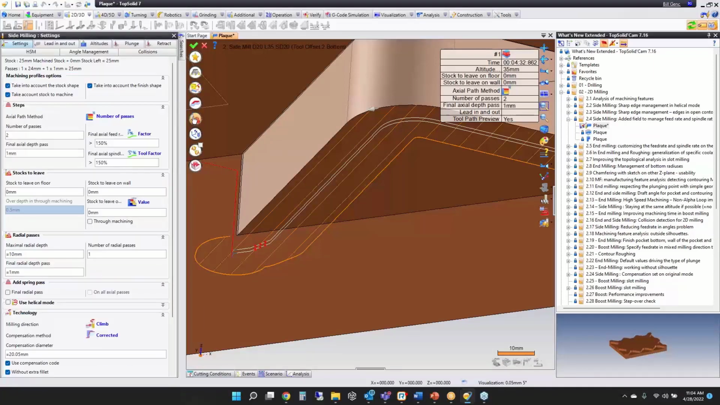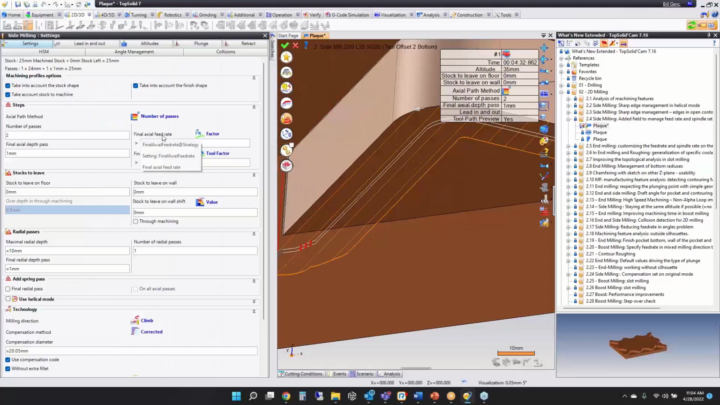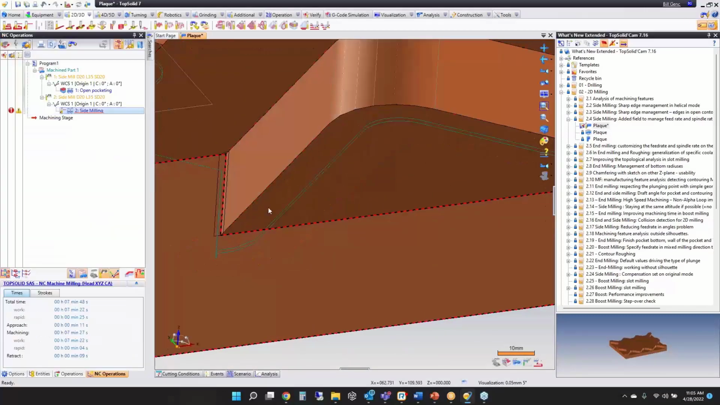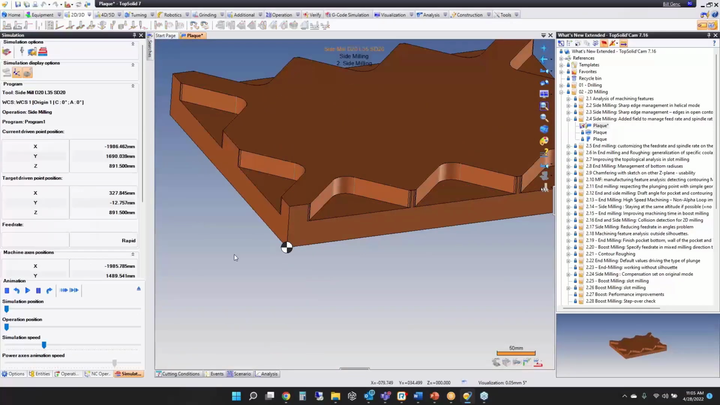And now when we go into settings, you have a final axial, and let's expand that so everyone can see, final axial feed rate and final axial spindle rate. So in this case, I want to be 1.5 times larger or faster on my final feed rate and on my final spindle rate. Okay? So if we click OK, and we watch the simulation on this,